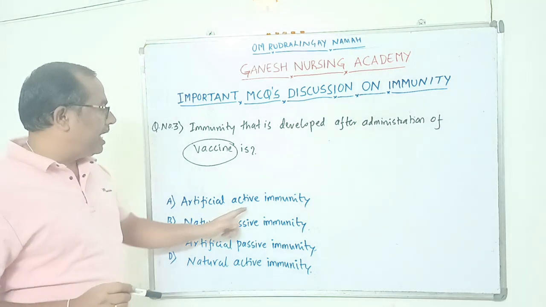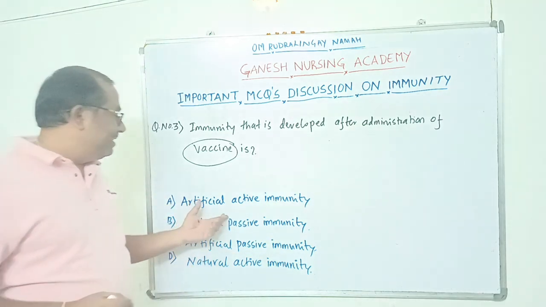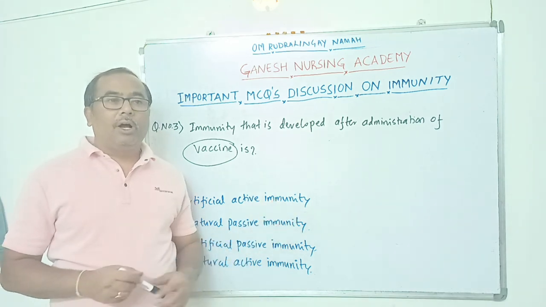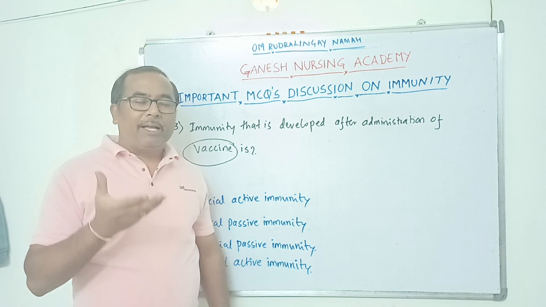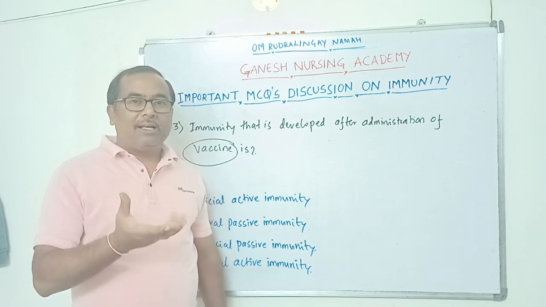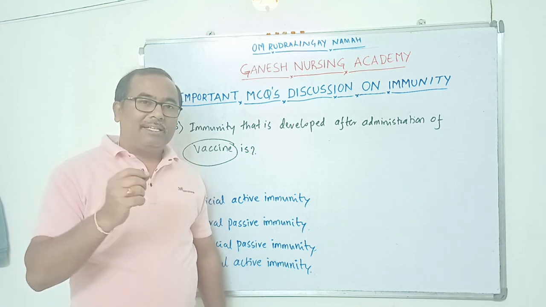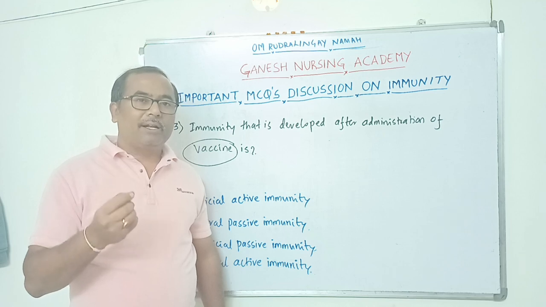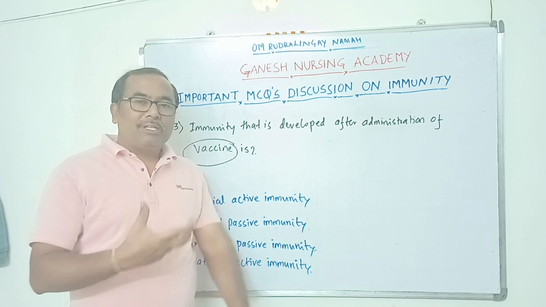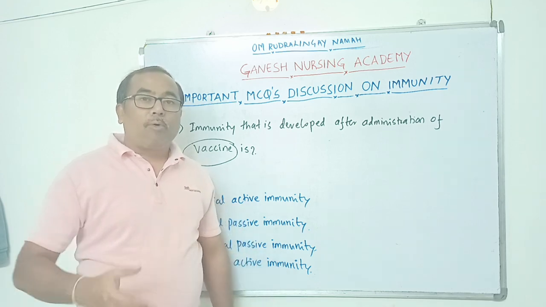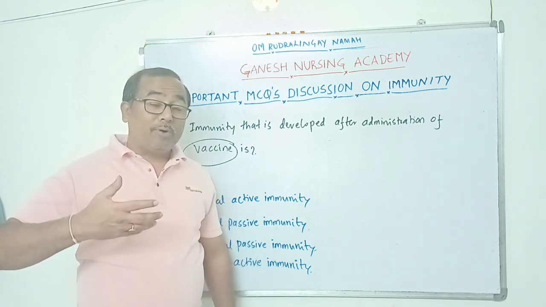The first one is artificial active immunity. How is it artificial active immunity? Vaccines are prepared from the microorganisms. The disease-causing factors are removed from the microorganisms, and they are now known as vaccines. Once vaccines are injected into our body, our body responds to that vaccine as a microorganism